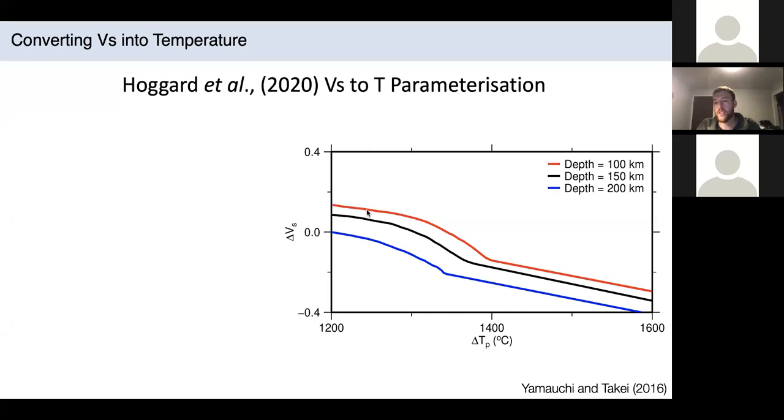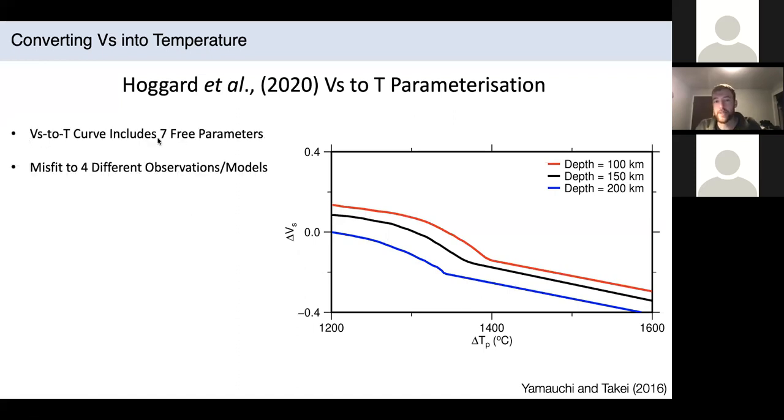As you approach the solidus, anelastic effects take over and you see a sharp decrease in shear wave velocity as a function of temperature. And then once you reach the solidus, if you assume that melt is instantaneously extracted, you go back to an elastic relationship. These curves can be described by equations, and those equations have 7 free parameters or variables that need to be